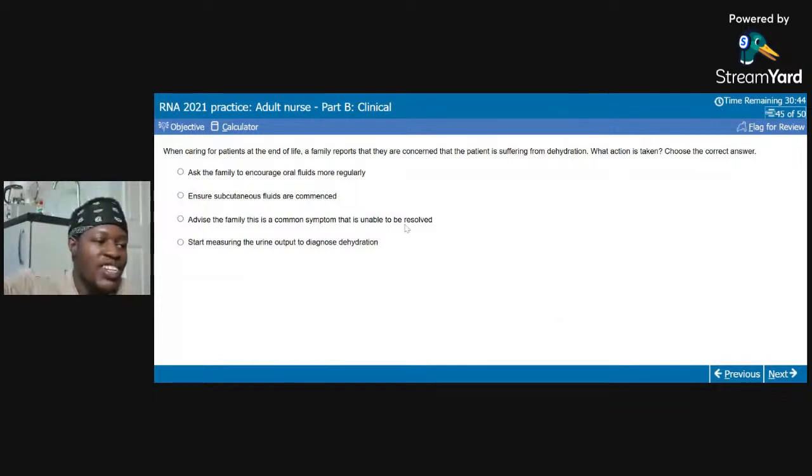When caring for a patient at the end of life, we people in Nigeria don't know how people that are dying are really cared for here. It's not like we don't care for them in Nigeria, but the way they do it is as if they are eggs, to the extent that sometimes I'm scared for someone to die during my shift, because the person is not supposed to die, or the person died a painful death, and they'll start questioning